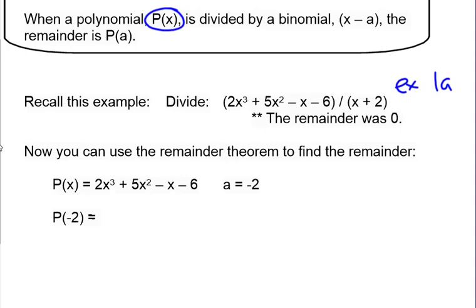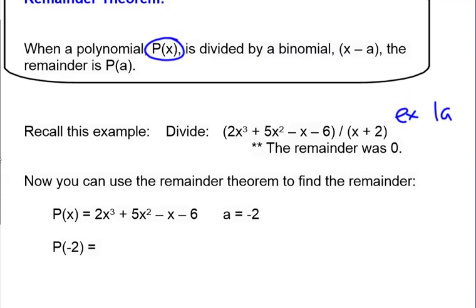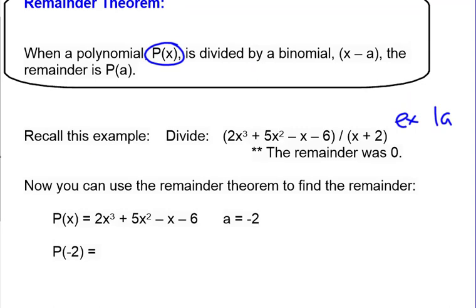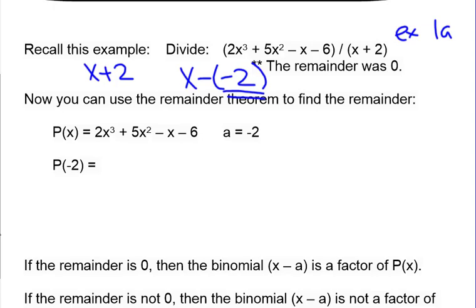So our p of x was our function. Our a was negative 2. That comes from the fact that x plus 2 was what we were dividing by. Our a, remember, is in that form just like in our x subtract h. So it's really x subtract negative 2. The negative 2 is what we care about. So if we were to put those in and figure out what our remainder would be, to check our a,